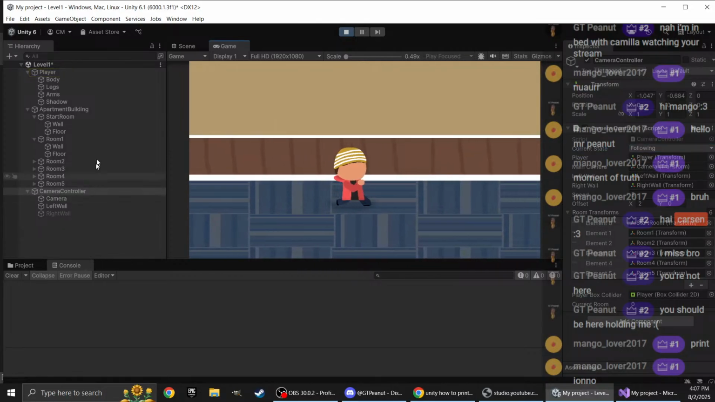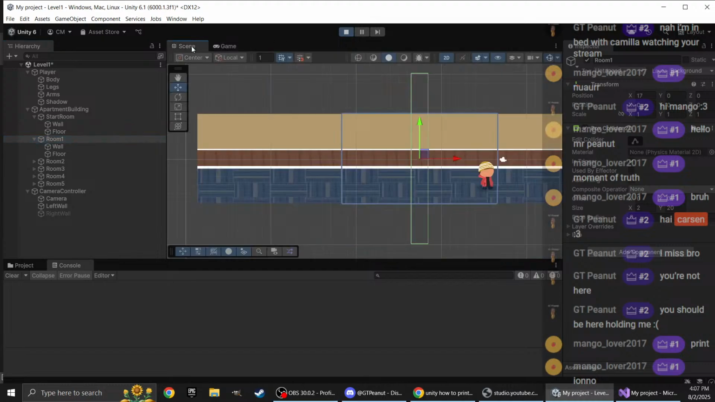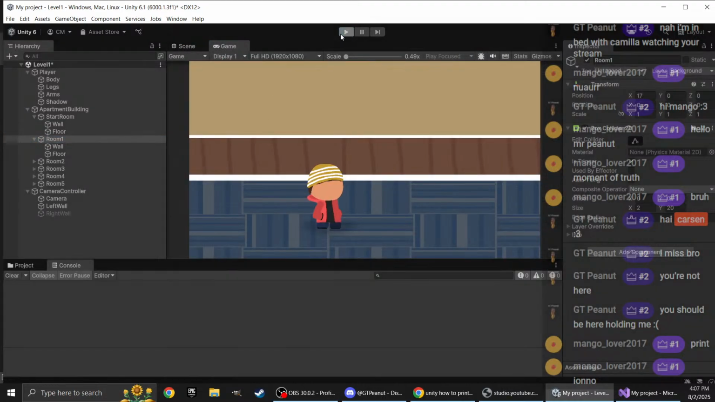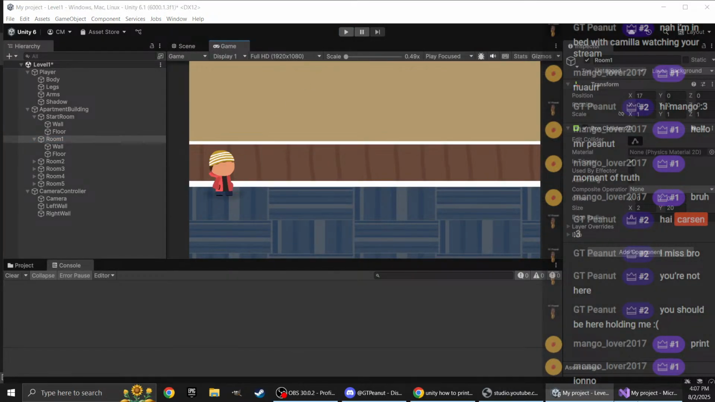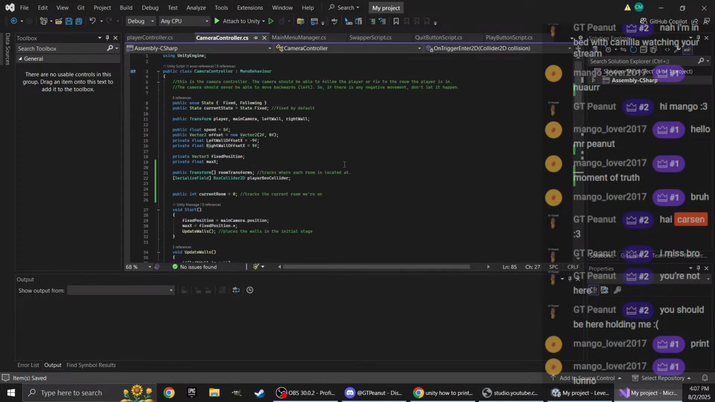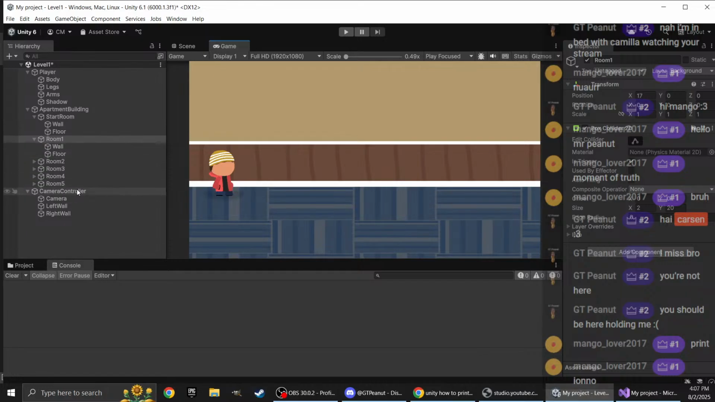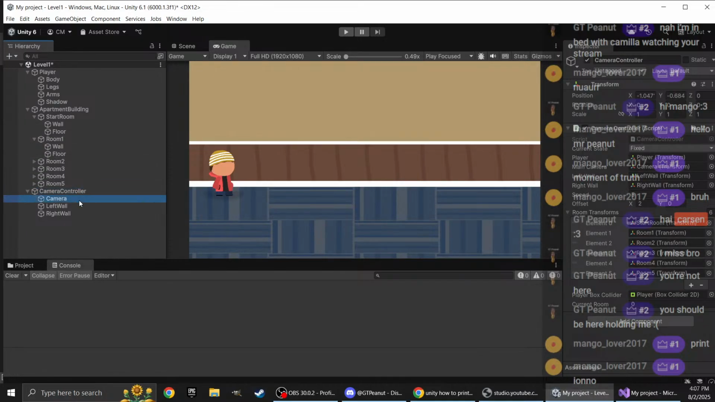Did it work? No. Okay, so that command's not running. So if I give the camera controller its own box collider,